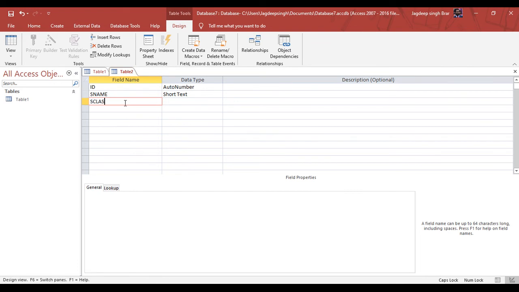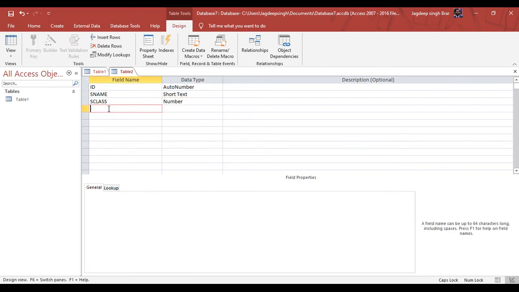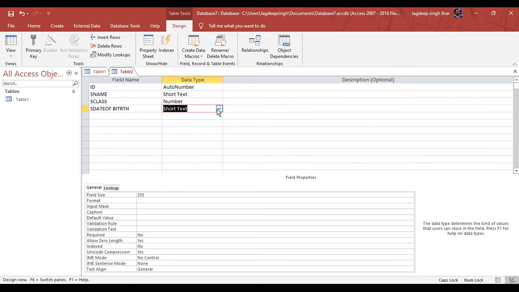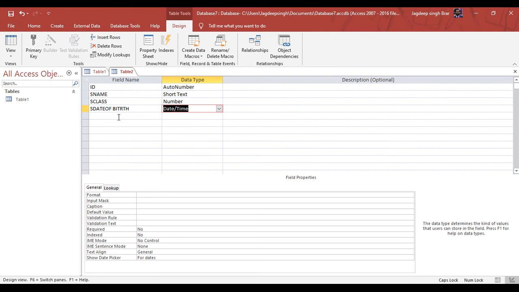Student class as a number. Student date of birth as a date and time.